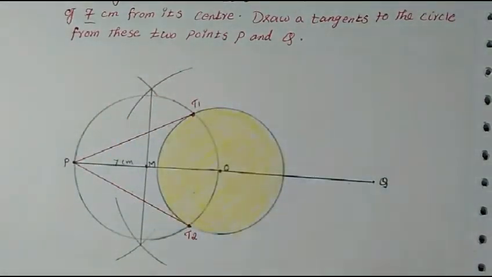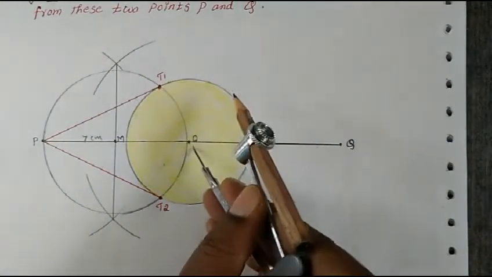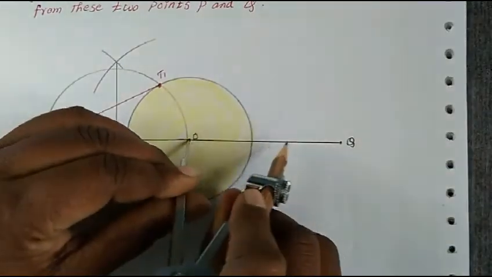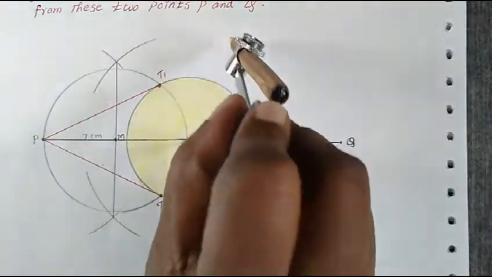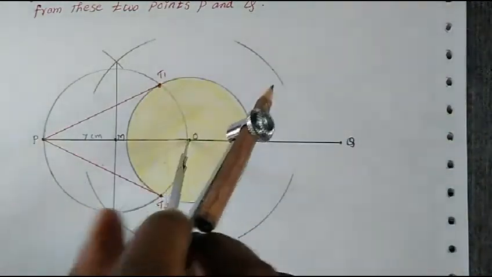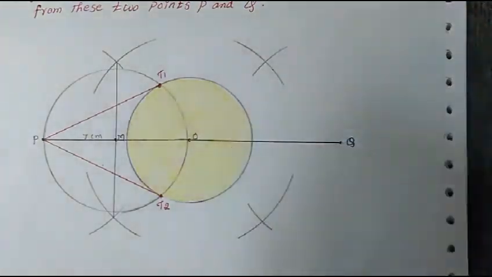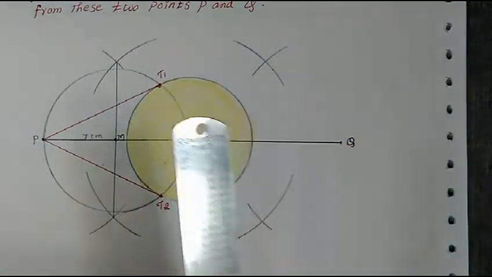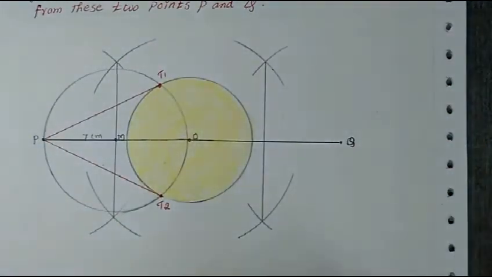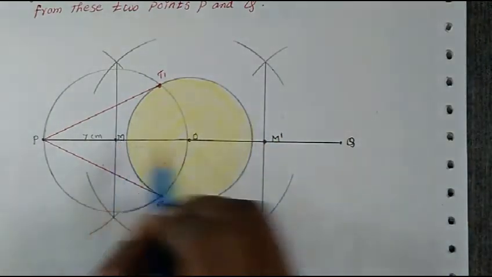Okay, so same way we have to do the other side also. So from the center, let's take more than half of the measurement and draw an arc both the sides. So here also. Now join the line. So you found the midpoint. This is M dash, we will keep it because we have M here, so M dash.